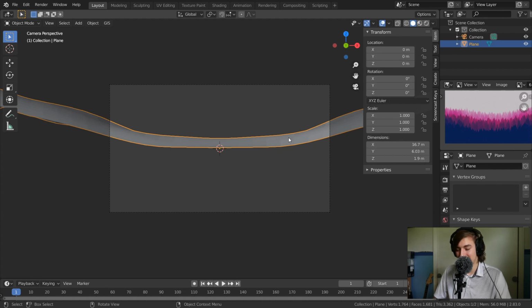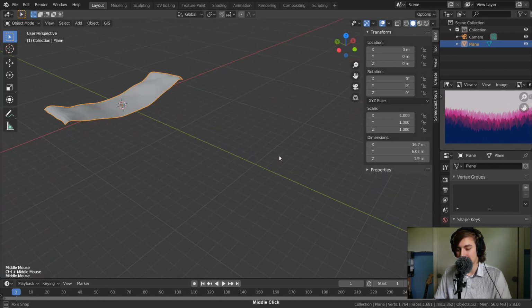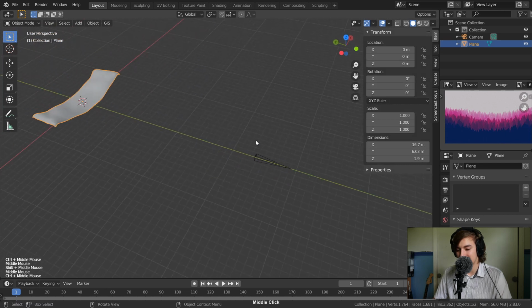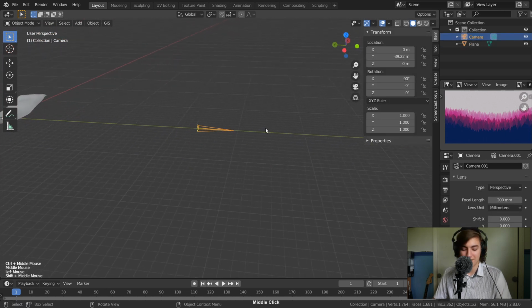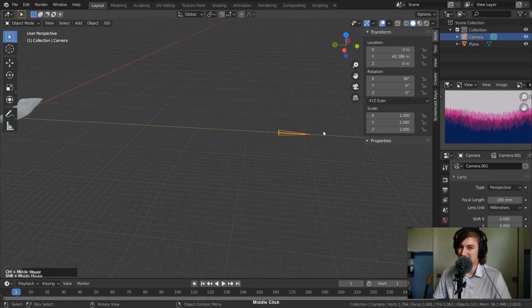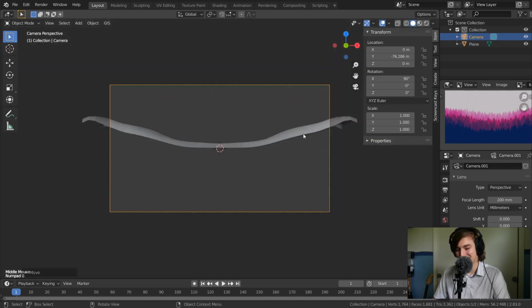It's not very big. If you're from the United States and you're new to the metric system like me, basically 1 meter is about 3 feet. It's an easy conversion. It's not totally right, but it's close enough for most people. So now I just grabbed the camera and put it 76 meters away along the y-axis, and we got what